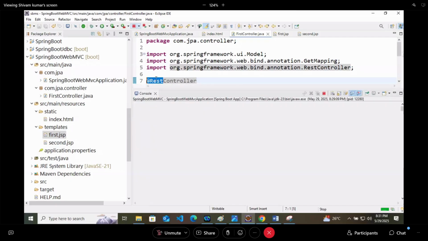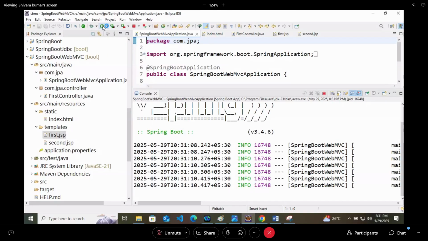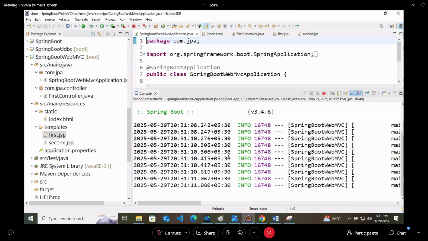We got localhost 8080 on first. Now we are getting first written here, but this first is coming as a string.